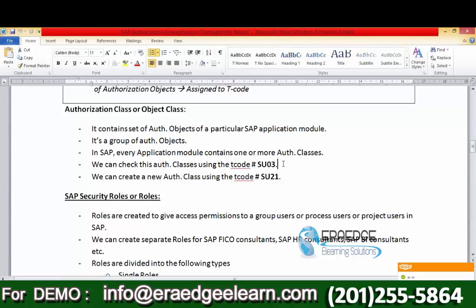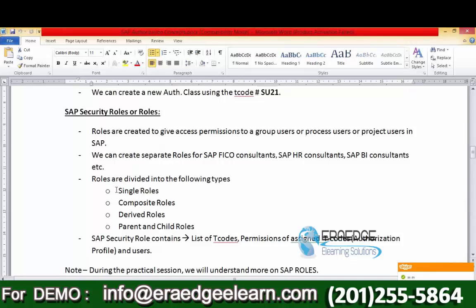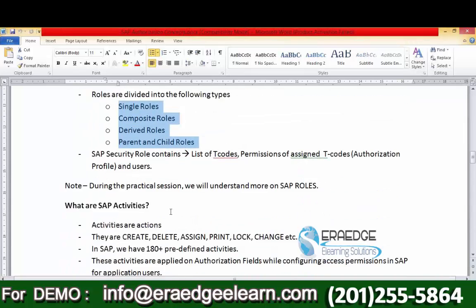We can see those applications in SU03. And these are the different types of roles that we can create in the SAP system: single roles, composite roles, derived roles, and parent and child roles. I'll show you that practically today.